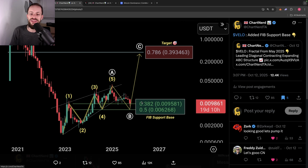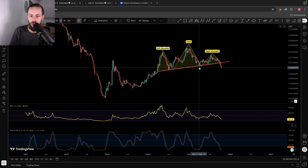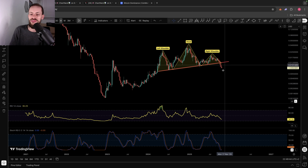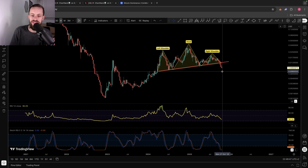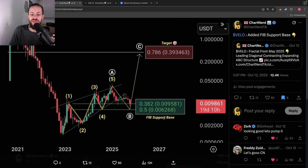So this is called a leading diagonal contracting expanding ABC structure. And this is the potential play, or the play that I'm looking at currently, so to speak, primarily because we're actually losing support block 1. We're losing the April lows, the July lows, the August lows of 2024. So what we're potentially looking at is the B wave being completed on this fib